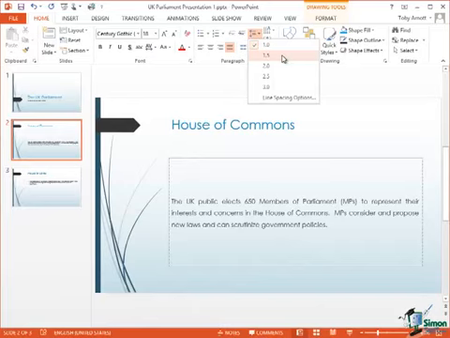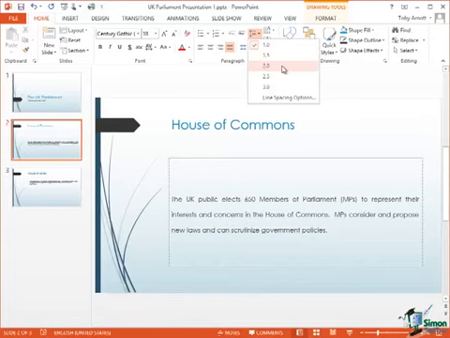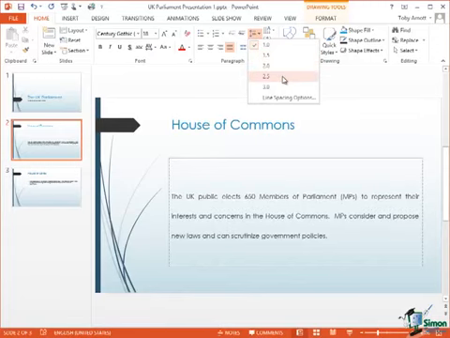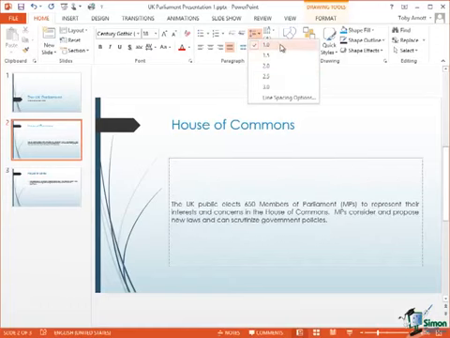It doesn't make the individual characters any bigger. The characters are the same size, but they have more space, so it tends to give the whole paragraph more space. In some situations it will probably make it a little bit easier to read. If I go to 2, even more space, 2.5, and so on. So you can set line spacing to suit the particular requirements. I'm going to stick with 1 here, but just while we're here, let's have a look at this line spacing